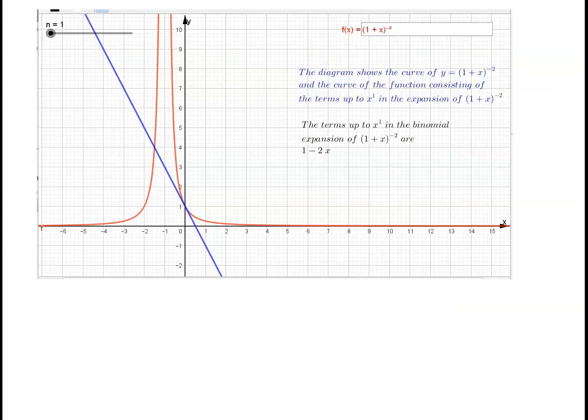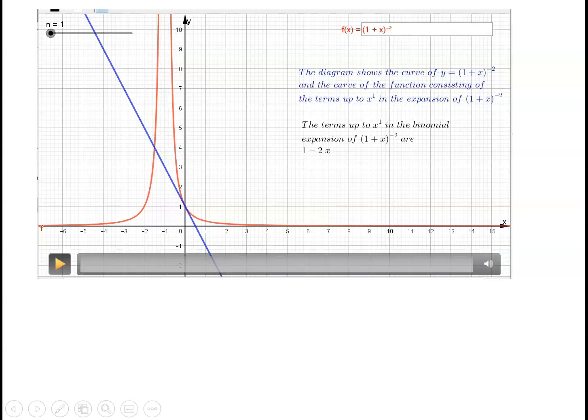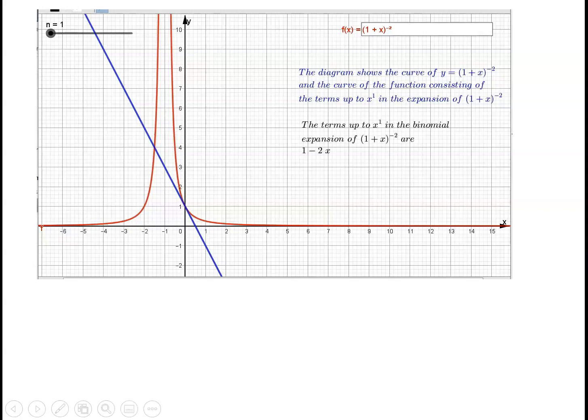So here in red again is the graph of (1 + x)^(−2), and at the moment on screen we have the graph showing the linear approximation taken by just the first two terms of the series. And if we turn the video on now and set the animation going,